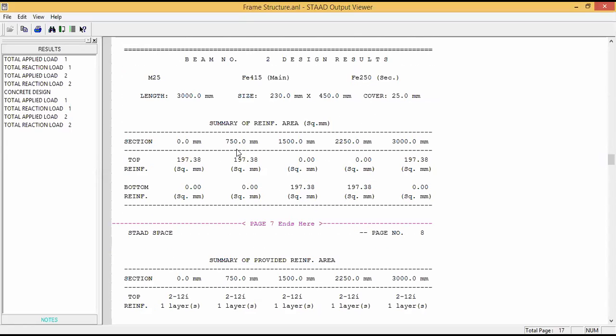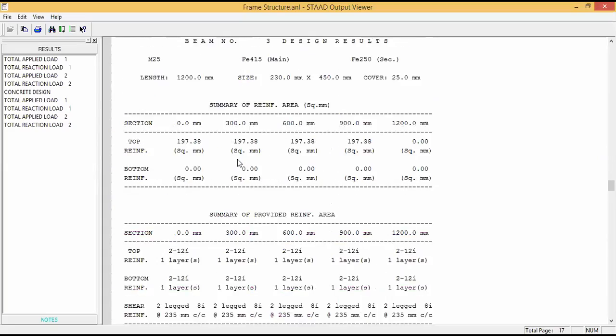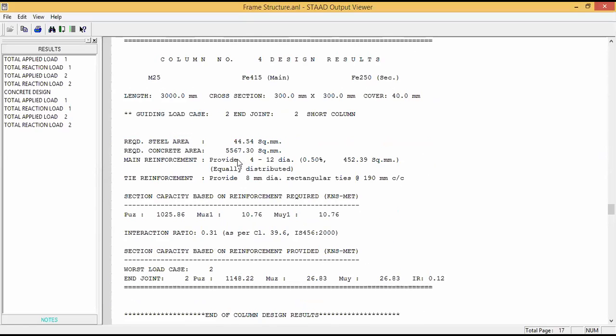Here also you can see the beam number 2 and beam number 3. Likewise you can see the designing value, right? And here it is given as a column also. We have been provided one column, and for column the required steel area is 44.54. If you see the manual calculation, you can calculate this one. The minimum requirement of steel area is 45 square mm only, and required concrete area is